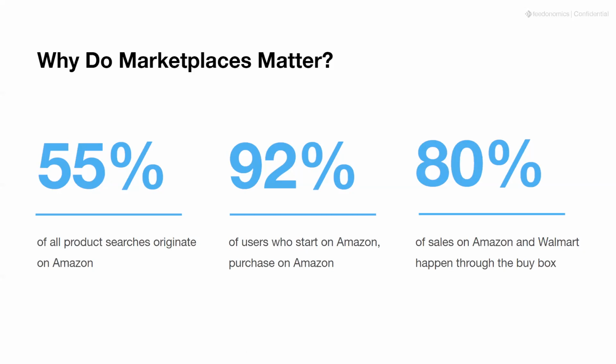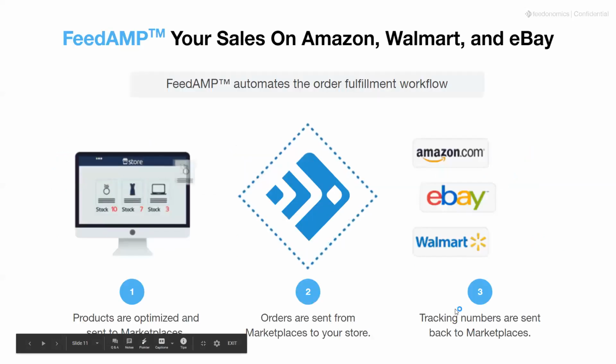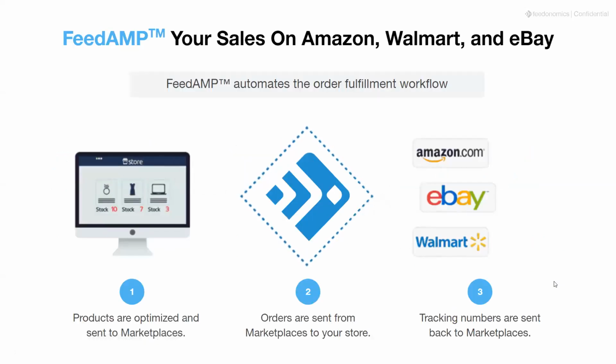And considering today's climate with the global pandemic and retail pretty much shutting down, marketplaces now are on the minds of more and more businesses of all sizes, because it's a great additional channel to sell your goods. So for Feedonomics, our technology, when it comes to marketplaces, we call FeedAmp. And this is really about automating the order fulfillment and workflow of your